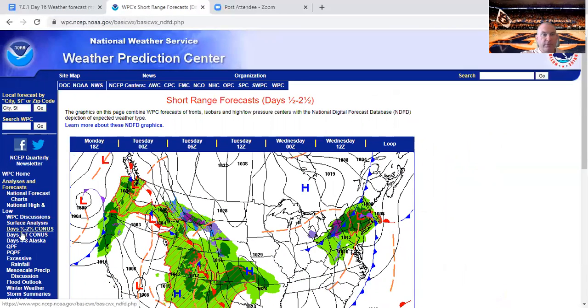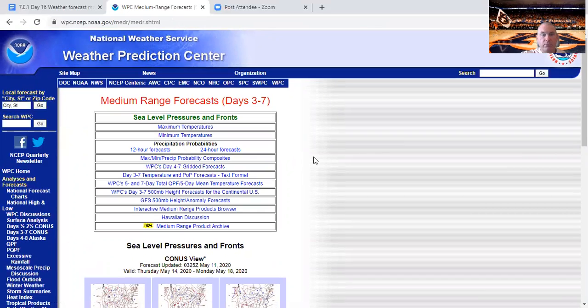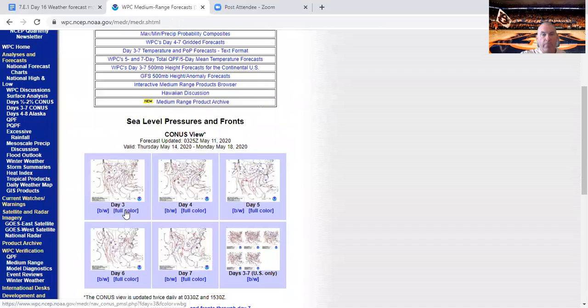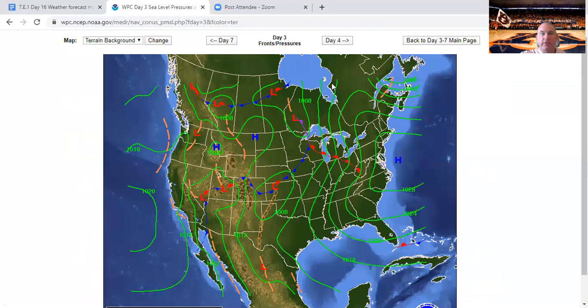So now it is days 1/2 to 3 to 7, continental United States. Day 3, full color. Let's just go look at this. So now these things start getting a